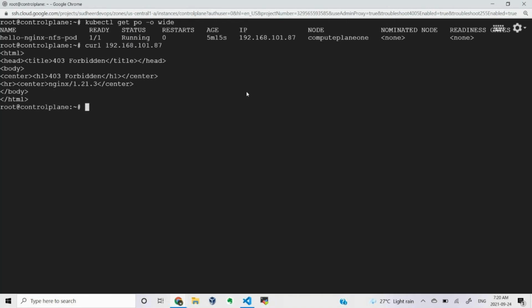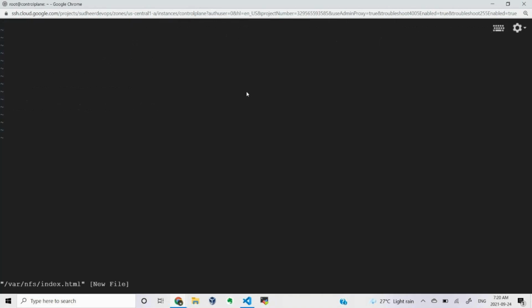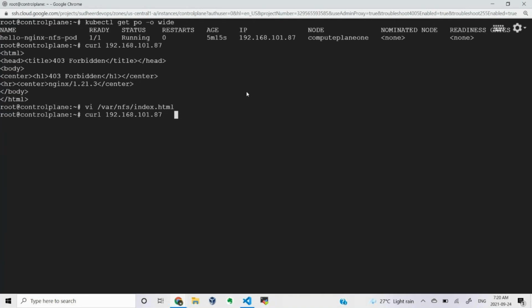So what I can do is create an index.html in the NFS share directory. Simple. If I try to curl, you will get the same data.